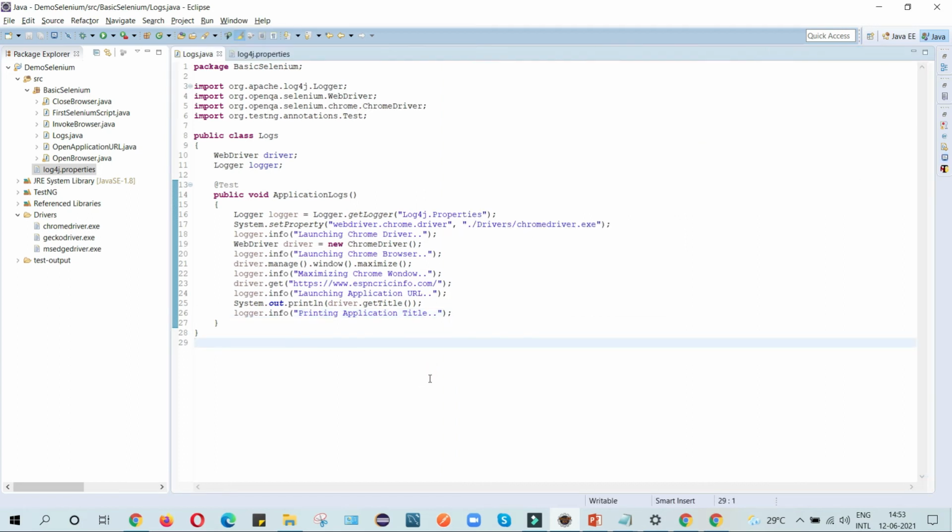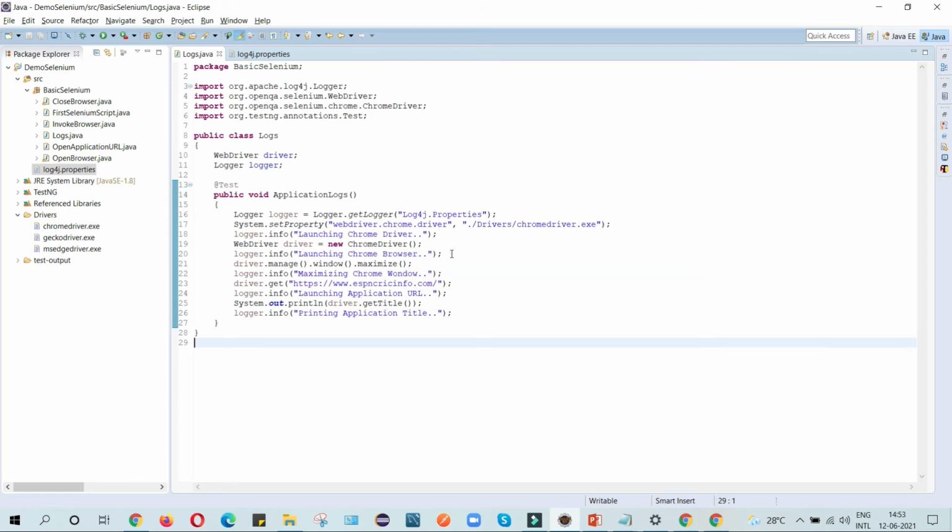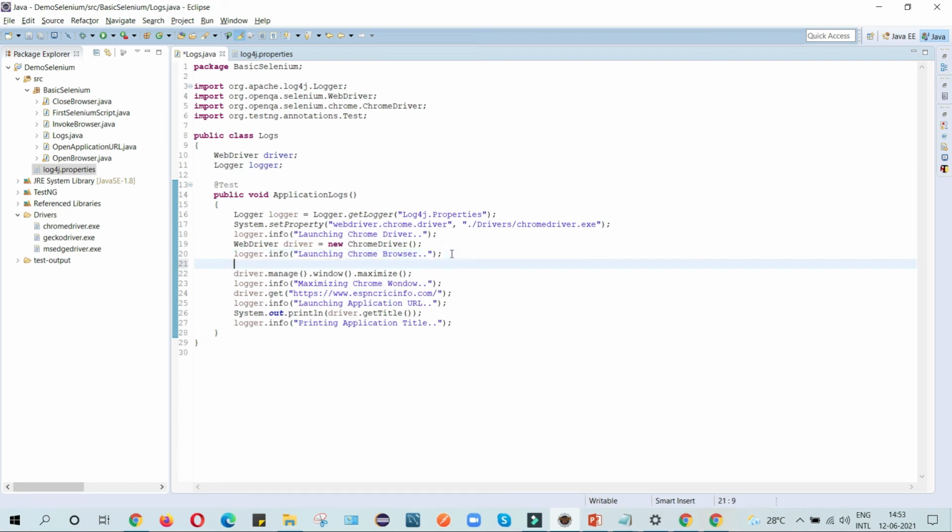It might be a little bit fast in your system. My system is a little bit slow. So what I will do is provide some sleep value here. After launching the browser, I just give a small time, Thread.sleep, oh sorry, spelling mistake.